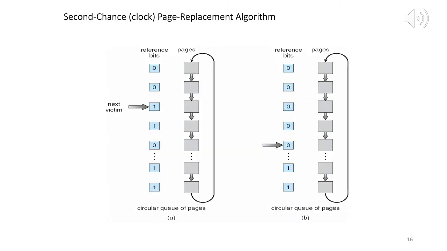Okay, now I'm on slide 16, and here we see a set of pages. So we have 1, 2, 3, 4, 5. They're showing 7 pages out of the total. Of course, we'll have a lot more, right? And what we're saying is that for each page, implemented as a circular queue, we have the reference bits. So we have a pointer to a particular page at any point of time, and right now in part A we are pointing to this third page with reference bit 1.